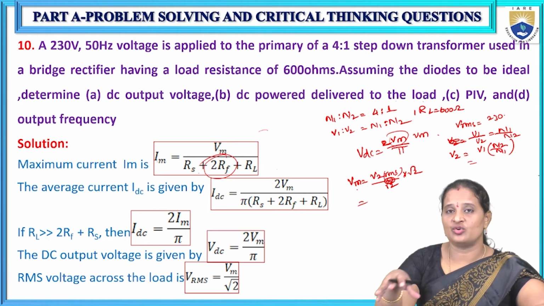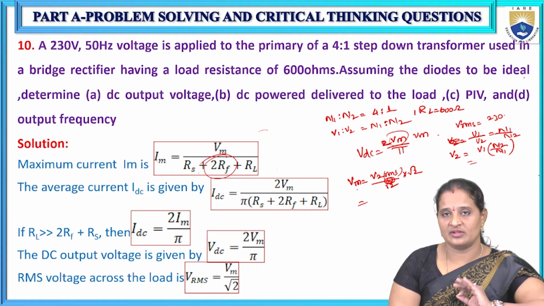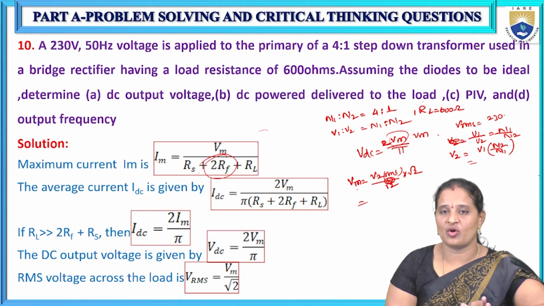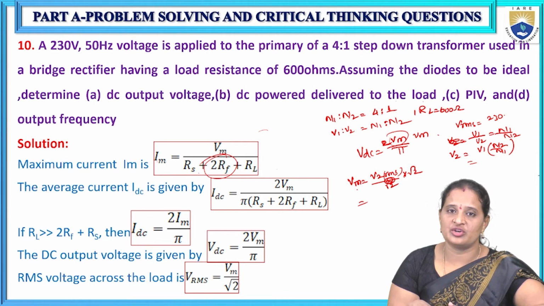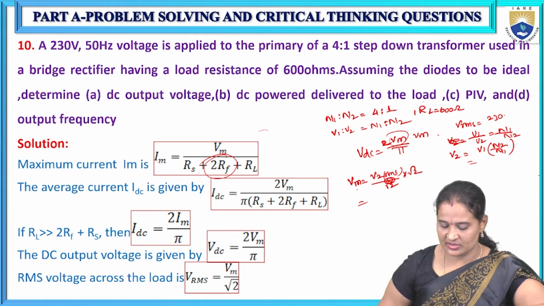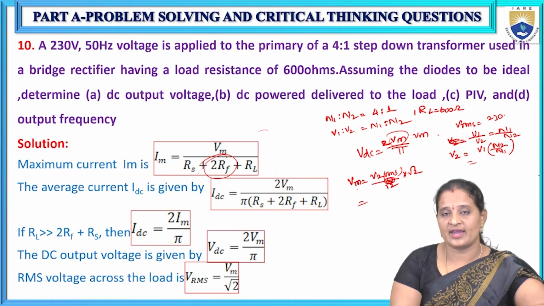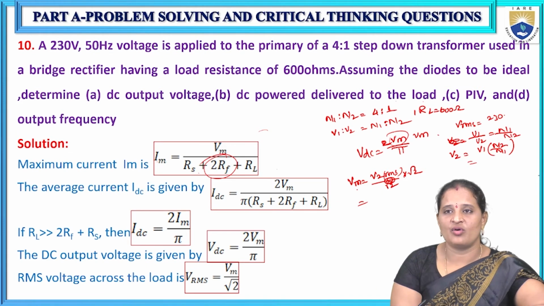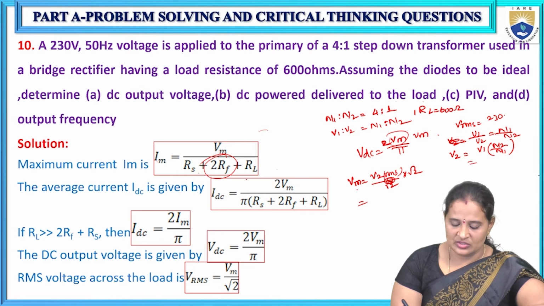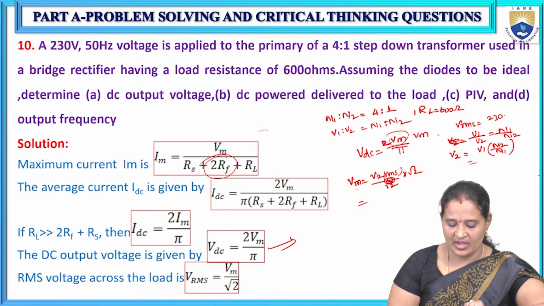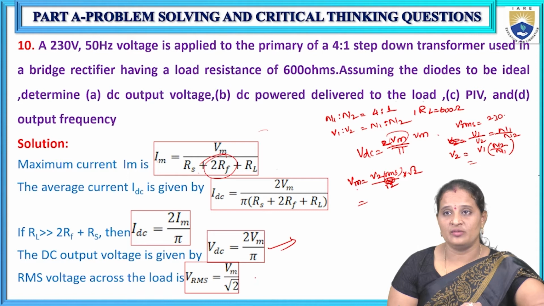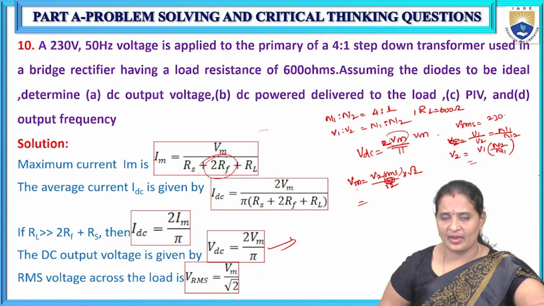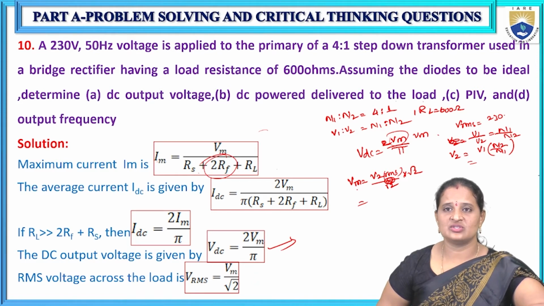So it is better you draw the circuit diagram. Whatever the rectifier, if any rectifier problems are asked, just draw the circuit diagram so that you will get some additional marks, right? Draw the circuit diagram, write down the formulae and substitute all the values in the formula. We'll derive all the parameters that are asked. So the DC output voltage is this one and the RMS voltage across the load is this one. Why am I calculating all this? Because he asked us to find